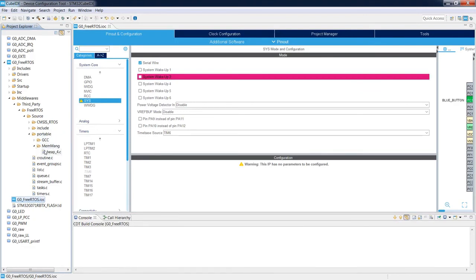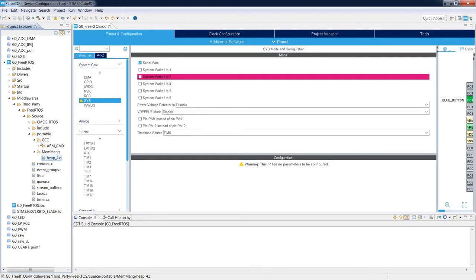In the memory management folder, we can see only one file with the name which has been selected in the device configuration. This heap_4.c file contains the functions to allocate and deallocate the RAM memory for operating system components. So this is strictly related to the hardware.